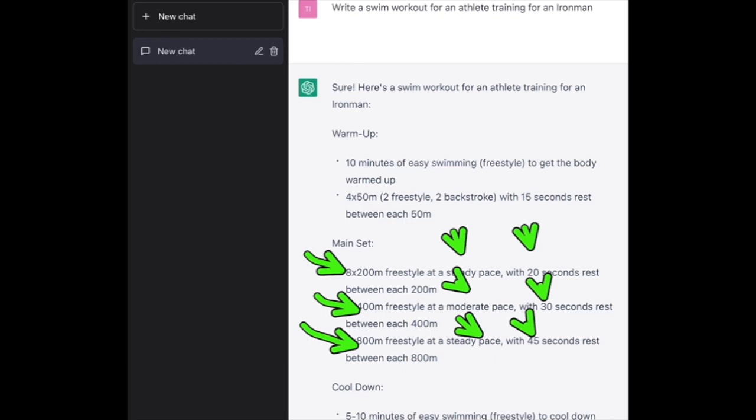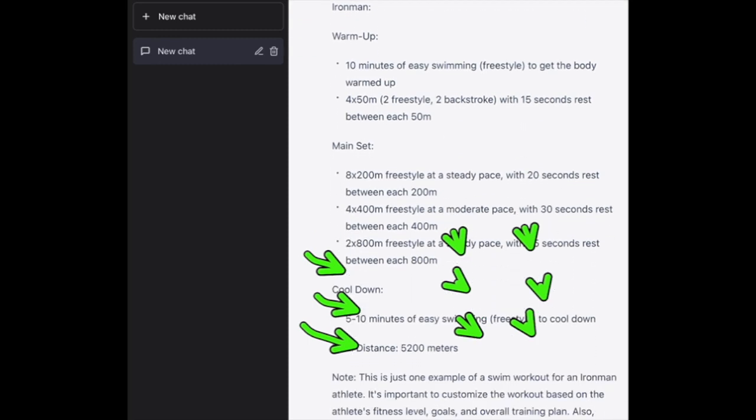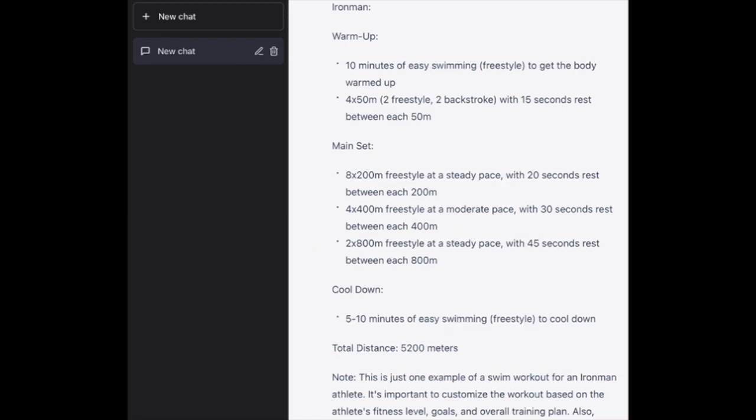And then it looks like 5 minutes to 10 minutes of easy swimming at the end, and the whole set is, I think they had it at 5,200, which doesn't really add up. And it says, note, this is an example of a swim workout for an Ironman athlete. It's important to customize the workout based on the athlete's fitness levels, goals, and overall training plan. Let's see what the remainder of it says. Also, I think that got cut off. So that would be the most important part: customize the workout based on the athlete's fitness level, goals,